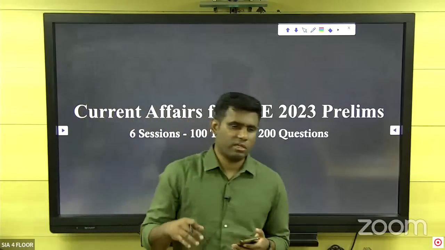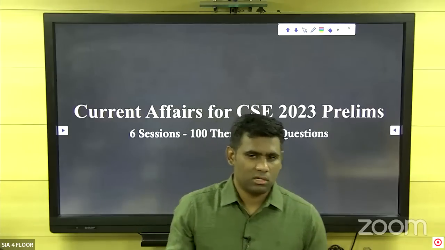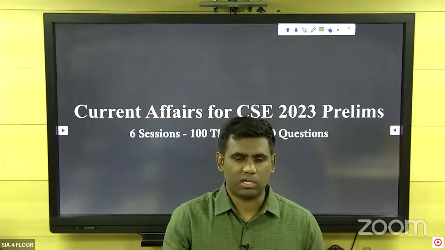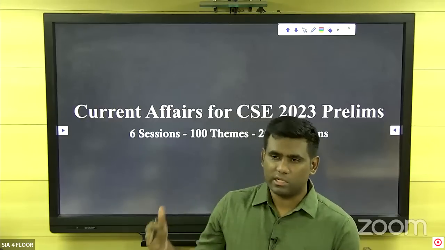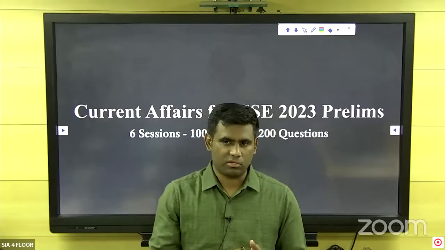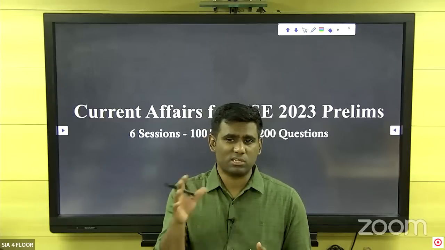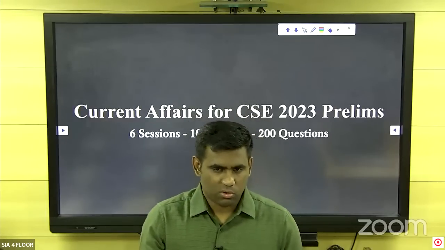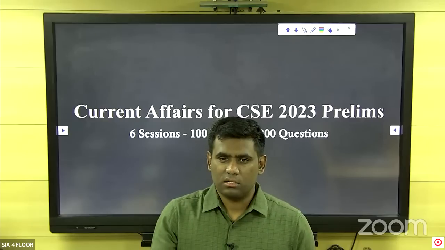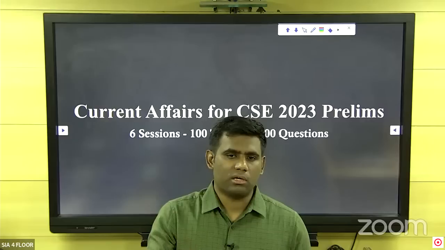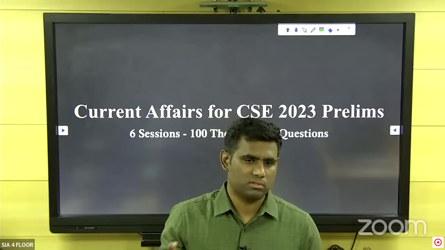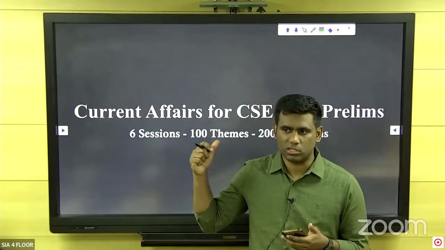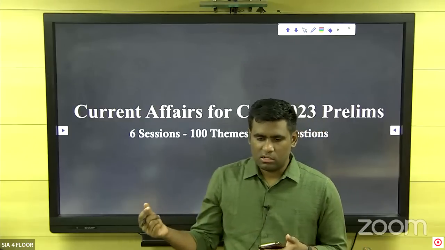The reason is that when we take some 14 or 15 themes, we cannot complete the discussion of all 14 and 15 themes within a span of 3 hours. Because let's say anti-defection law is a topic of current affairs. Just to have the entire discussion on anti-defection law will take at least 1.5 hours or 2 hours. So it would not be practically feasible to just start covering every topic and revise it for you. So that's why the session proceeds in a question and answer format where a question is displayed,